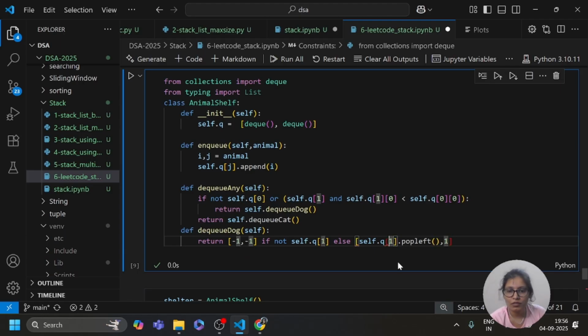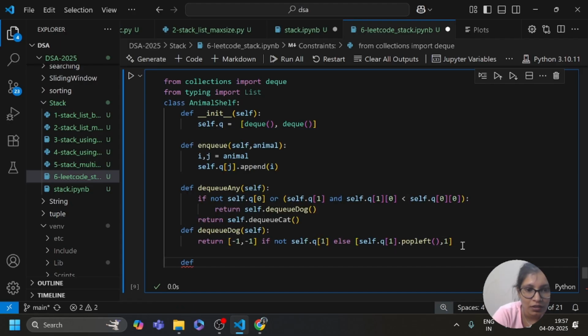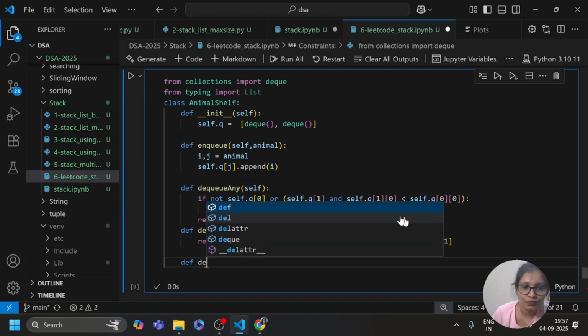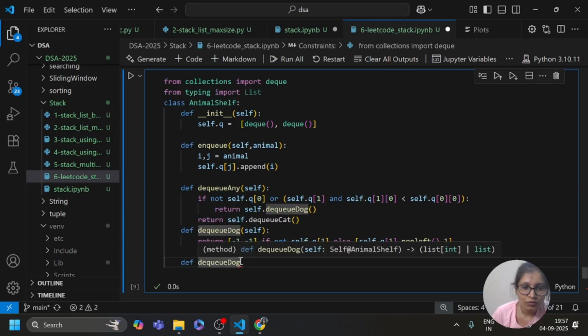Then popleft, comma 1. We can write another function like this for cat.